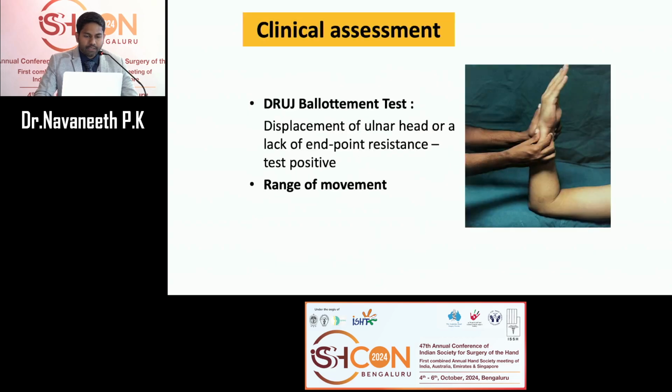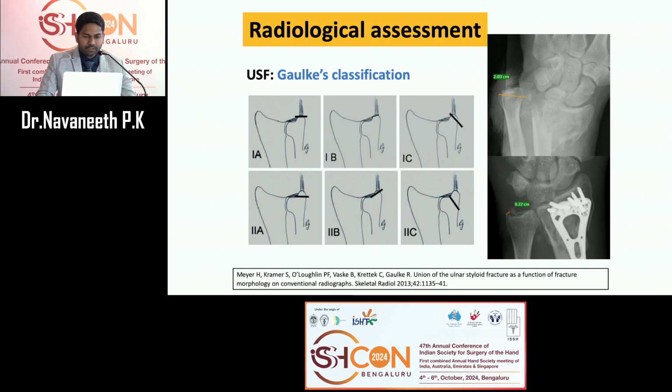We assessed the distal radioulnar ballottement test. If it is positive, it means displacement of the ulnar head or a lack of endpoint resistance when compared to the opposite side. For range of motion, we assessed flexion, extension, supination and pronation. And this is the classification: type 1 is tip and type 2 is base, and we assessed the displacement on pre-op and post-op X-rays